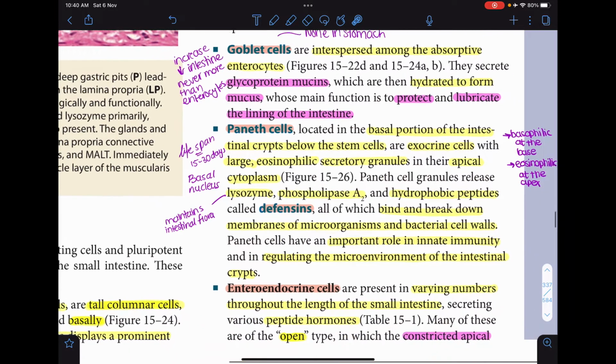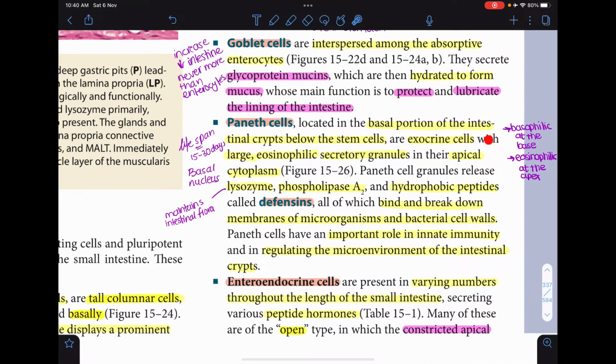The Paneth cells are located in the basal portion of the intestinal crypts, below the stem cells. They are exocrine cells with large eosinophilic secretory granules in their apical cytoplasm. The Paneth cell granules release lysozymes, phospholipase A2 and hydrophobic peptides called defensins. They defend